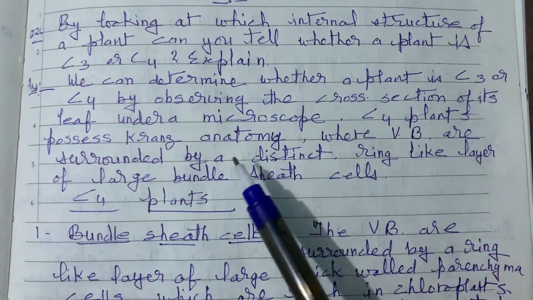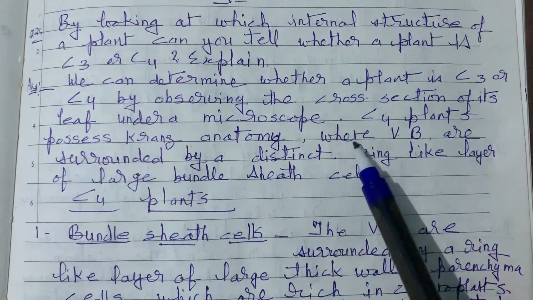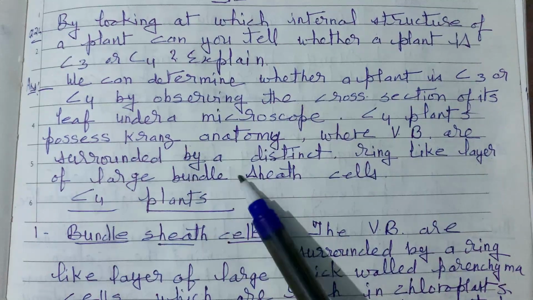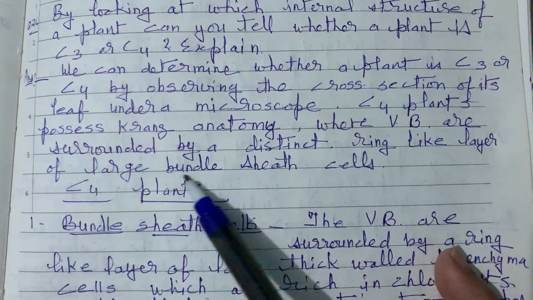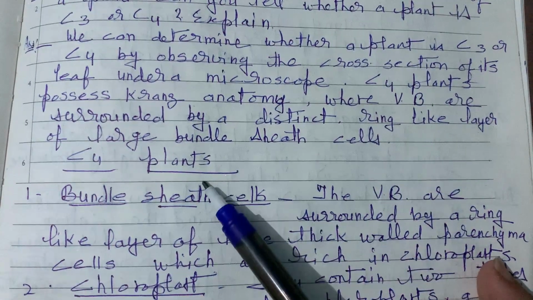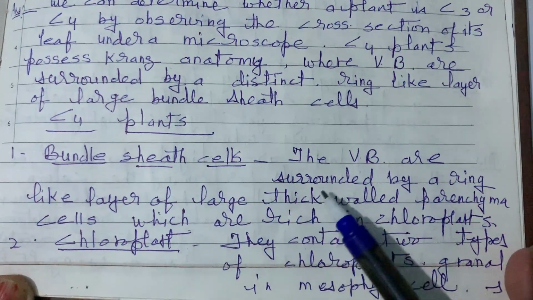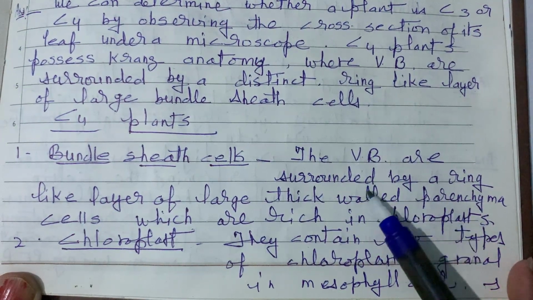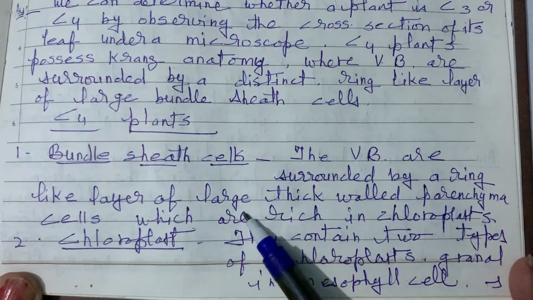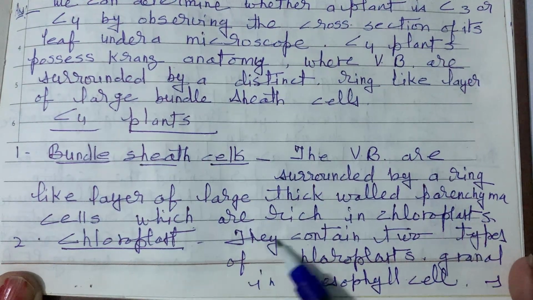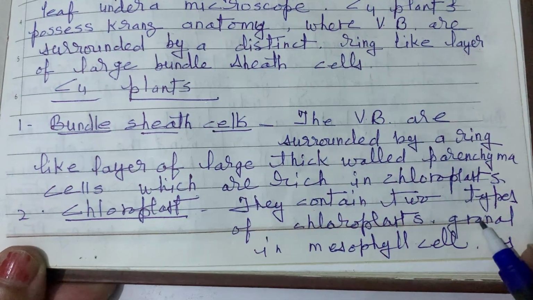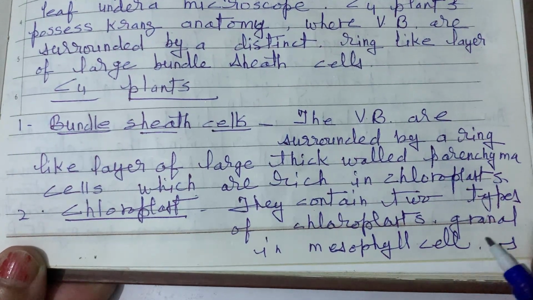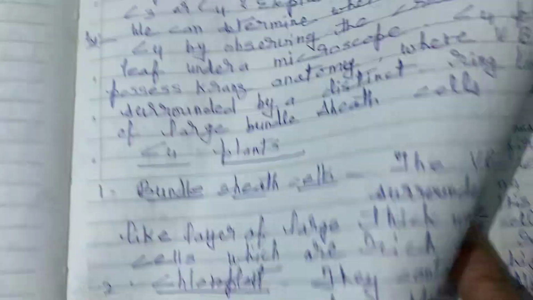C4 plants possess Kranz anatomy, where vascular bundles are surrounded by a distinct ring-like layer of large bundle sheath cells which are thick-walled parenchyma cells rich in chloroplasts, and they contain two types of chloroplasts, granal in mesophyll cells